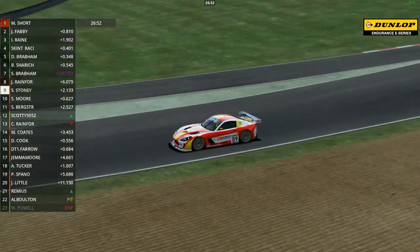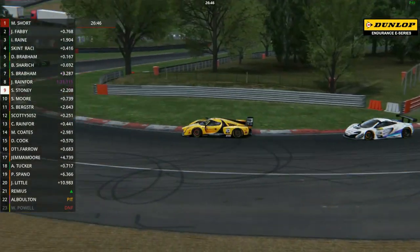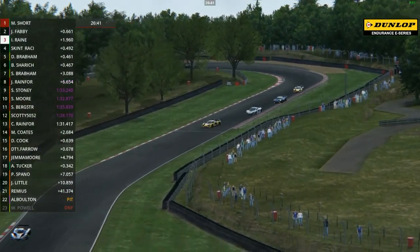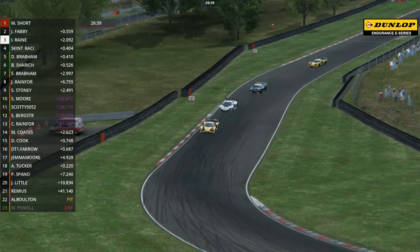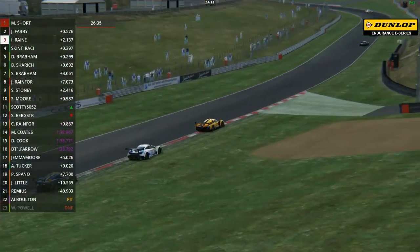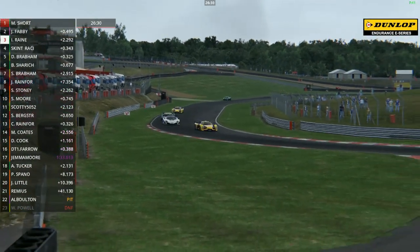He's got a big gap back though to this squabble that's been going on for third place. There's Shane Stoney, who is currently 9th overall, but more importantly second in Class 2. So it's James Rainford, Shane Stoney and Sarah Moore, the top 3 at the moment in Class 2. Sarah would be looking for her first E-Series class podium. There's a long, long way to go in this race, and look at this battle for third position on the